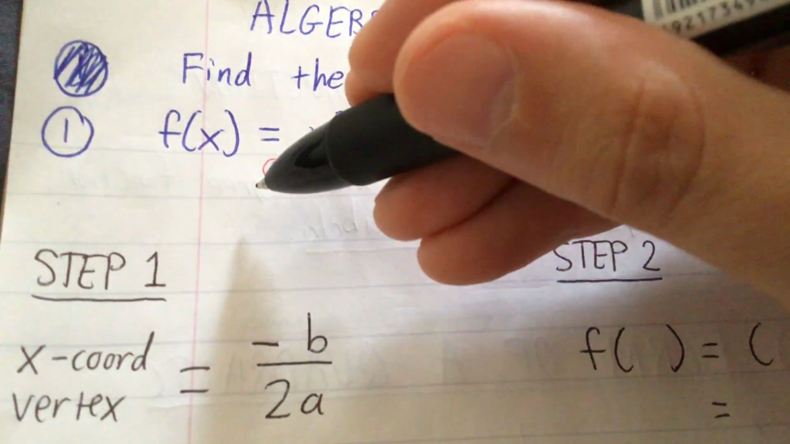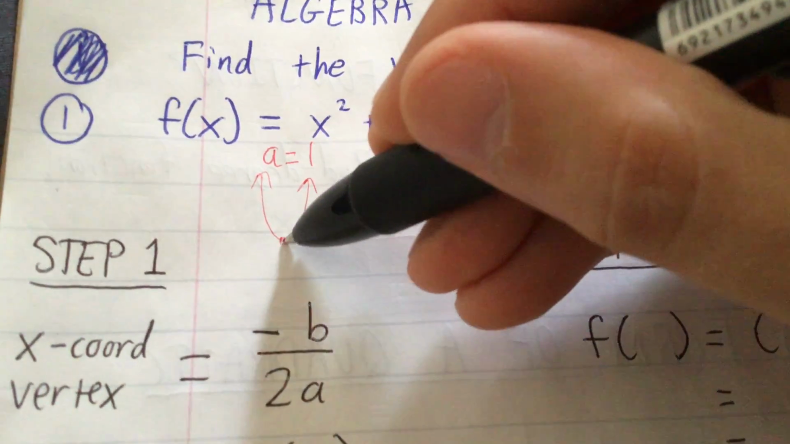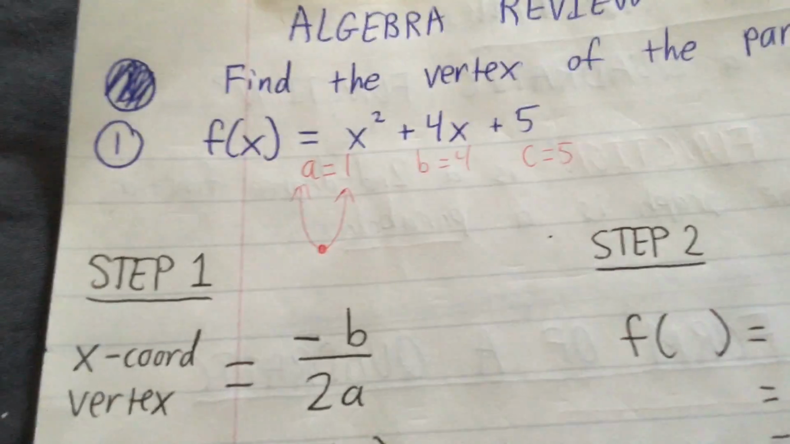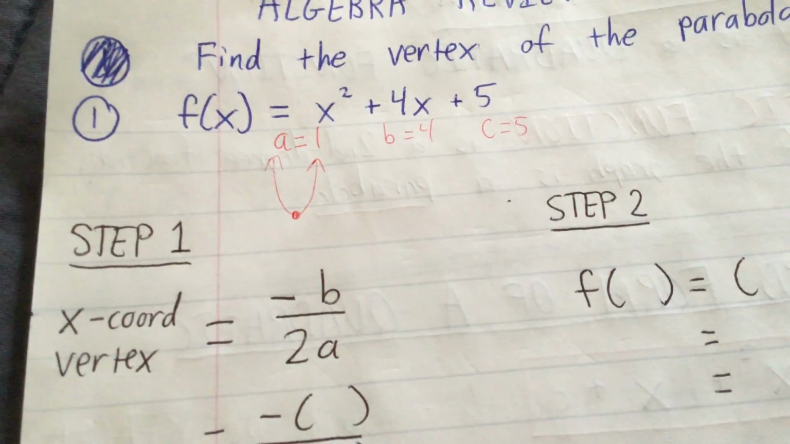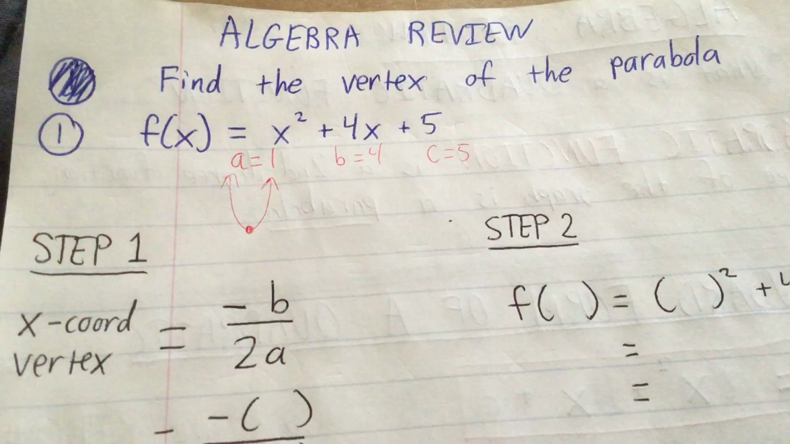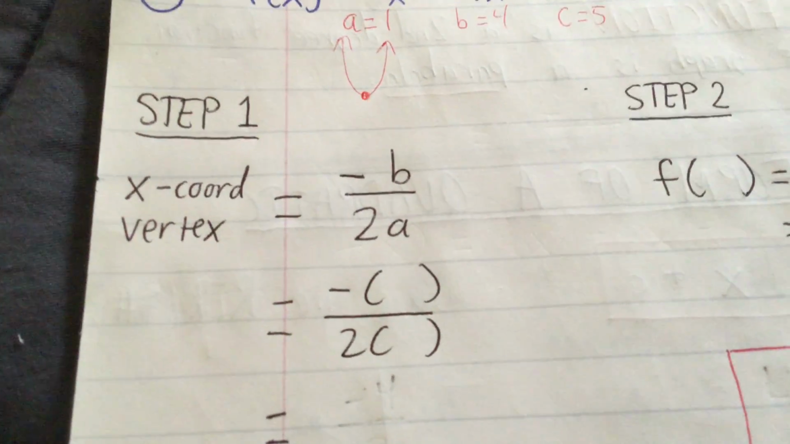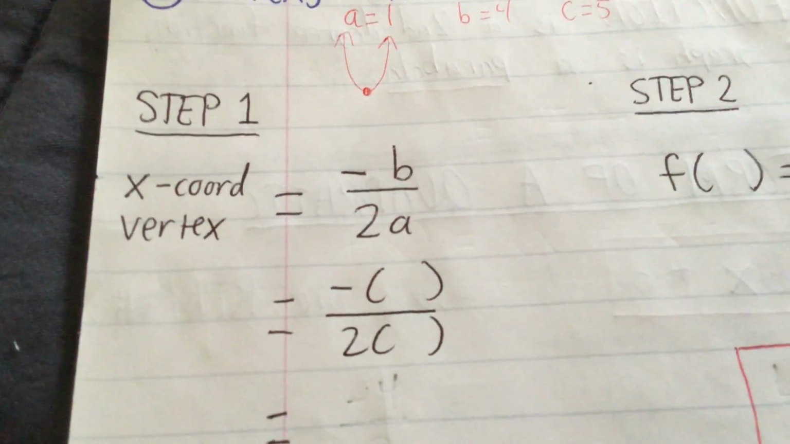A is positive, so that makes it a happy face parabola with a lowest point. Do as I say. Don't question my authority, because algebra is do as I say, and calculus is, well, why does it matter? Anyway, I'm being silly. So step one, they told you that in order to find the x-coordinate of the vertex